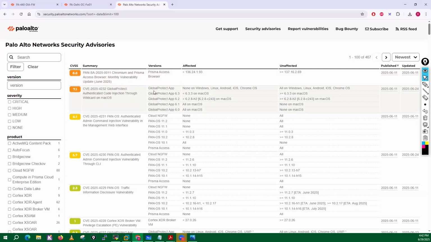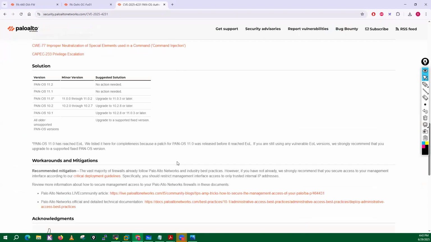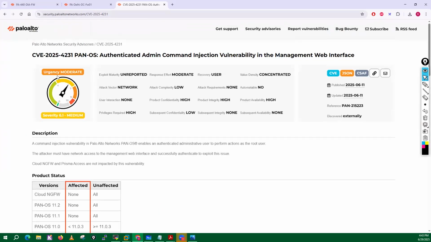Like in the GlobalProtect app, it has some types of vulnerabilities: authenticated code injection through the wildcard on macOS. Okay. Authenticated admin command injection vulnerability in the management web interface. If your web interface is not secure, then somebody can exploit this vulnerability. You can see this particular vulnerability's details. Okay. And if you just put this particular CVE number, copy,